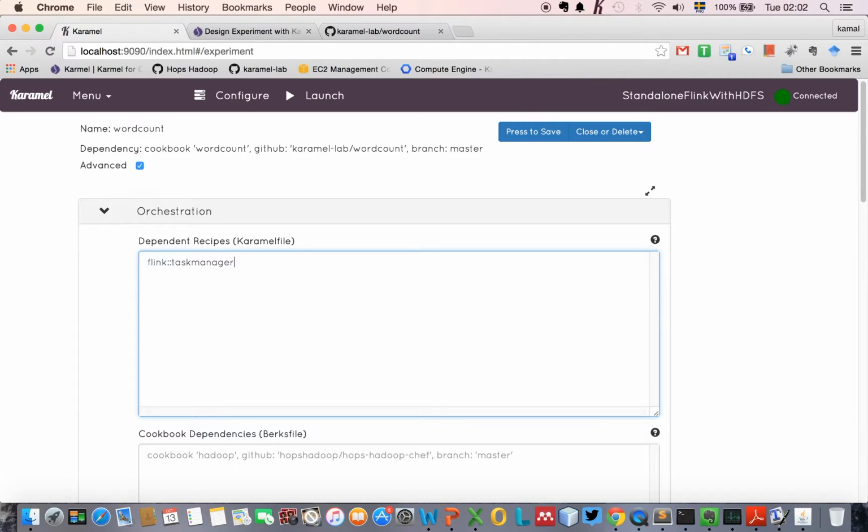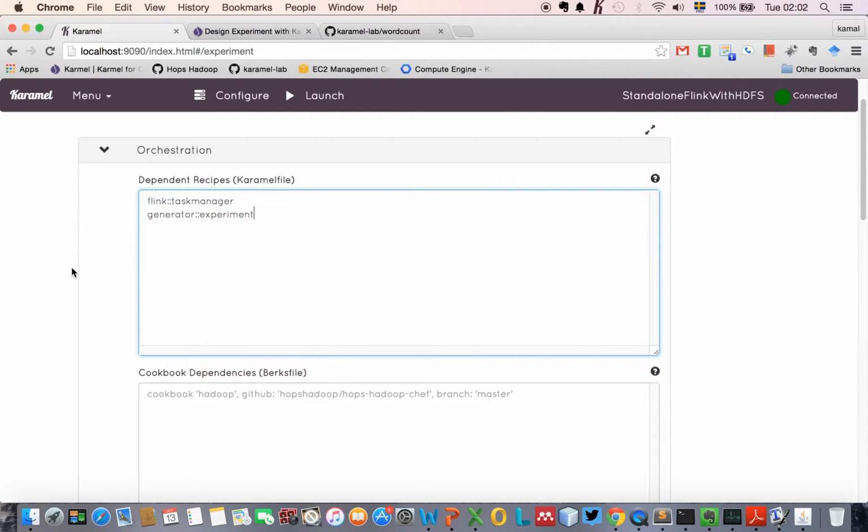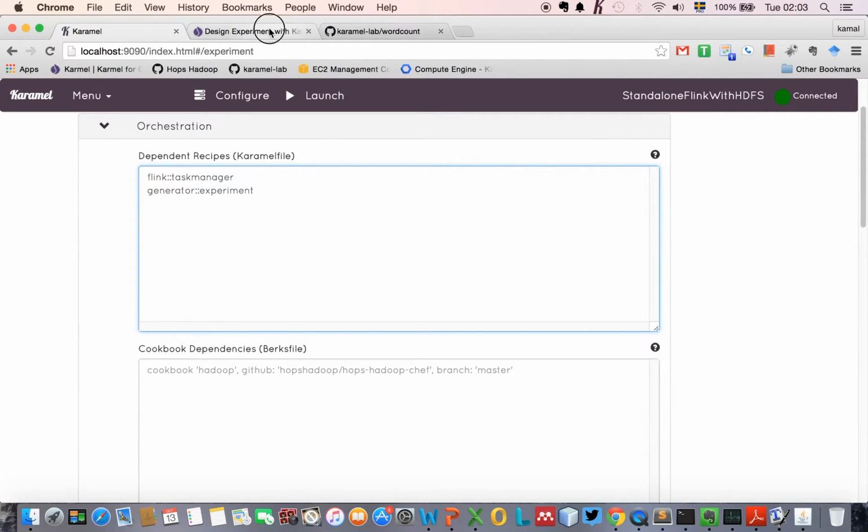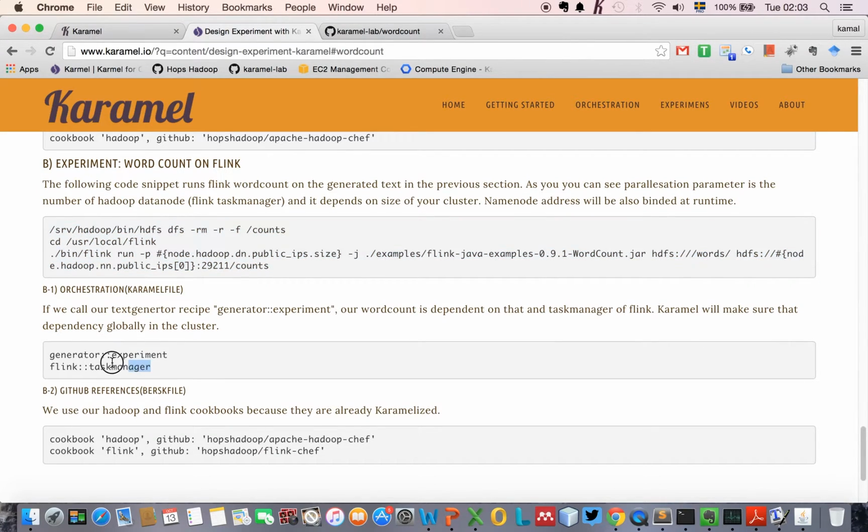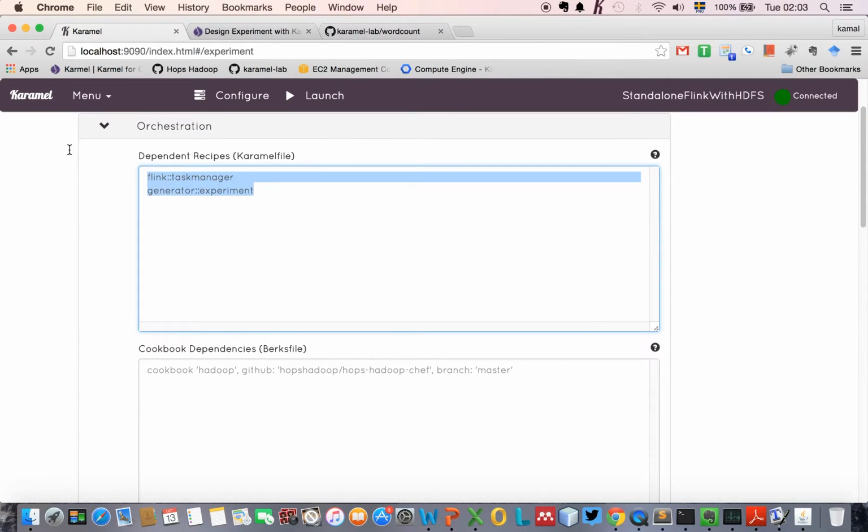task manager, and then since there is no dependency between your text generator and Flink, we need to specify text generator here. Generator it was, and experiment. Okay, and likewise we have to go here to make sure that I haven't misspelled anything. I just copy from here, from our website,